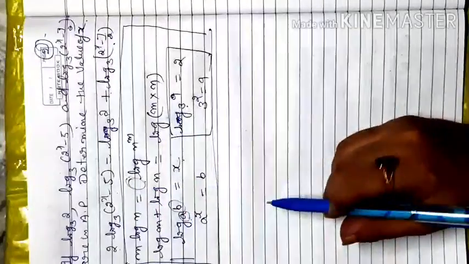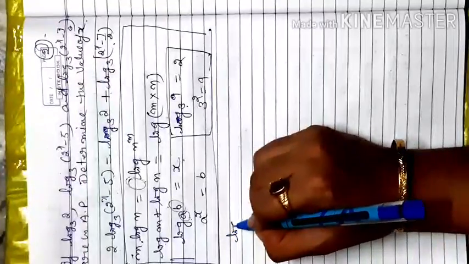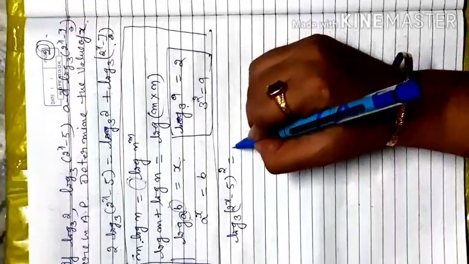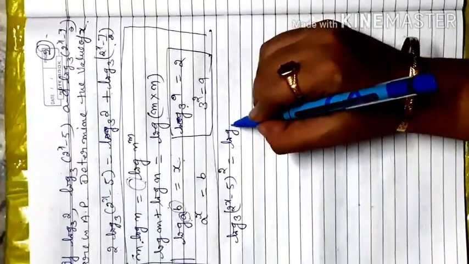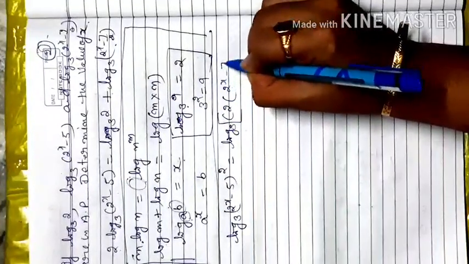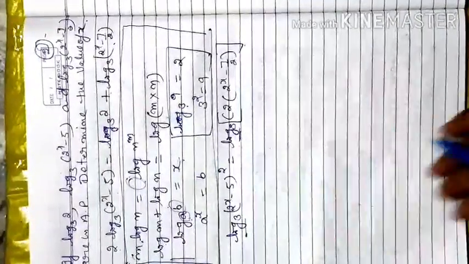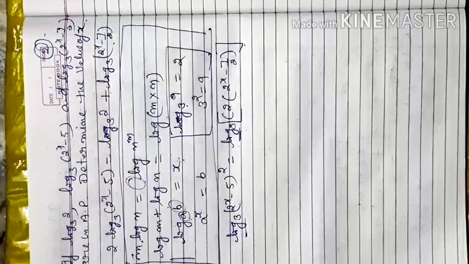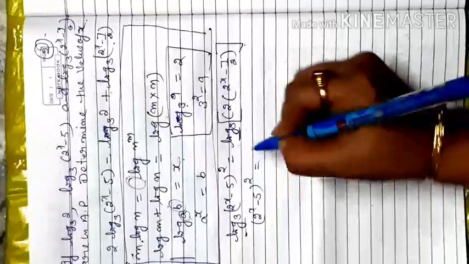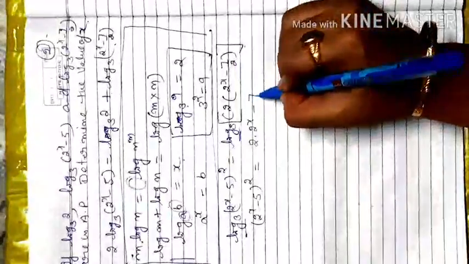Now come to that point also. We apply these two formulas, this one on the left side and this one on the right side. So the left is log base 3 of (2^x minus 5) raised to power 2, and on the right, log base 3 of 2 multiplied by (2^x minus 7 by 2). If the left side and right side log terms are the same, you ignore the log term and just equate the terms accompanied with the log. When you open this one, 2 into 2x minus 2 is cancelled, only 7 is left.